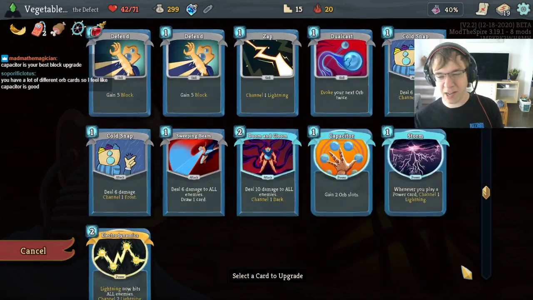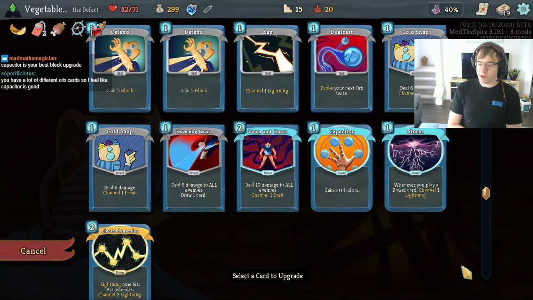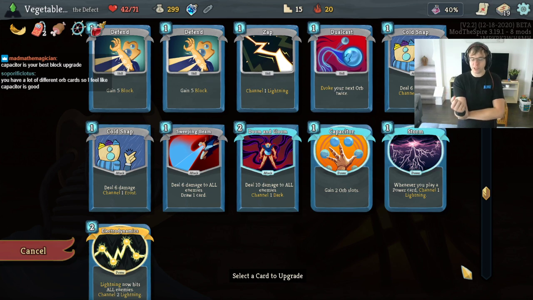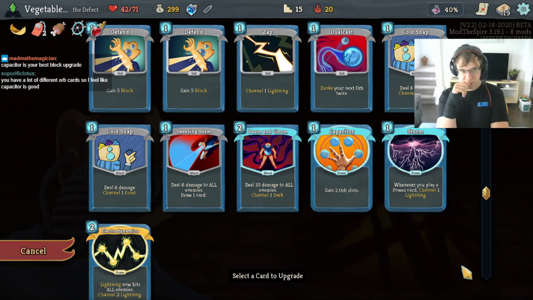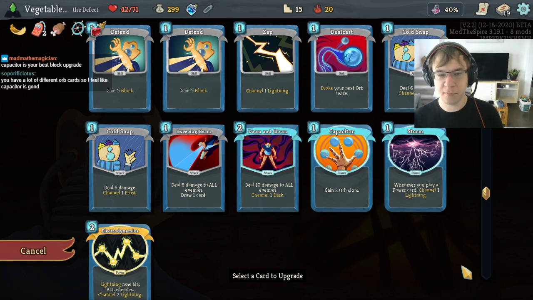Capacitor's your best block upgrade? Kinda. Capacitor's like a scaling block upgrade though, because the Capacitor Plus only matters on like turn 4 at earliest. Whereas Defend Plus can block on turn 1. Yeah, I'm gonna take Defend Plus. It's a bit of a weird vibe, but